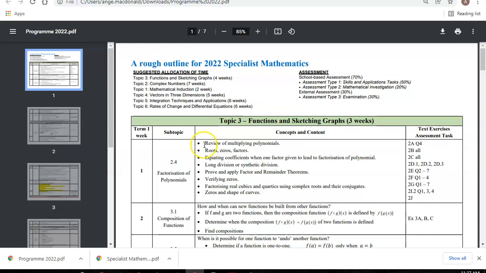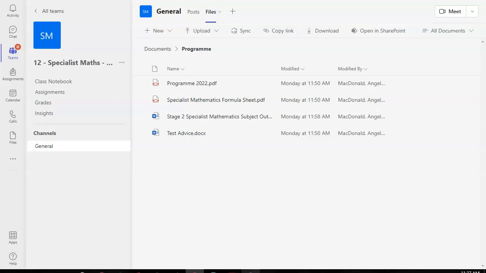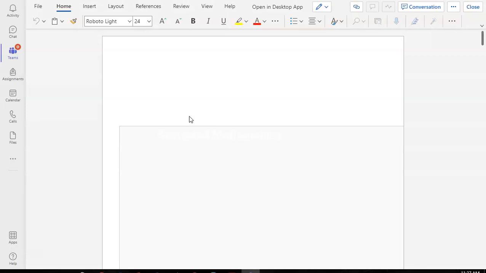So I've summarized some of the outline and popped it in here, but I will try and get a hard copy, so you can look at it and put it in your folder, because it's nice to have that hard copy to see what SACE are actually sending out to you. But if you really want to look at it, if you click this, this has got all the info that you should be aware of. And again, this is on the website.